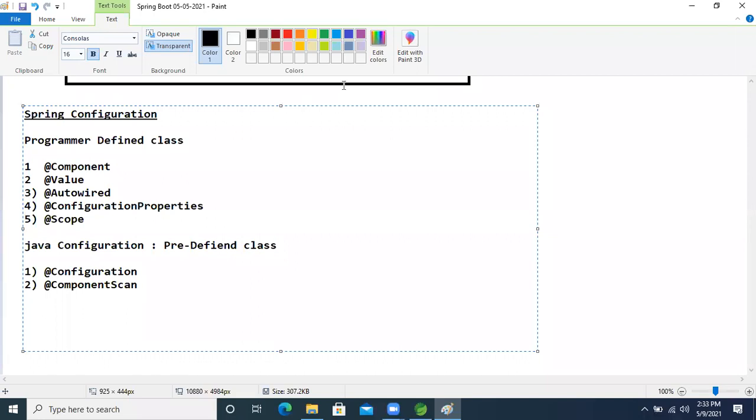After that, what is next? Next one is @PropertySource, to read the properties from our configuration file. To read the property in our configuration file, which annotation do we use? Property source, right? After that, whenever we are defining